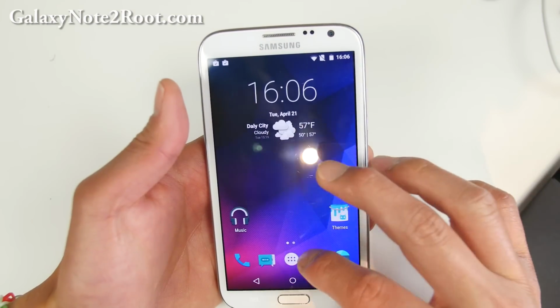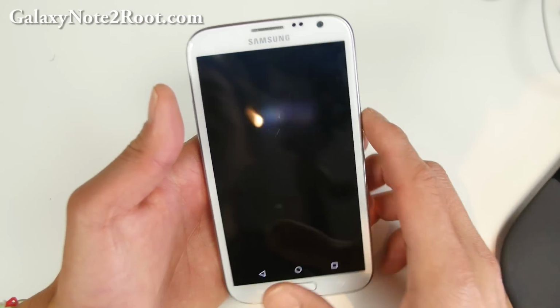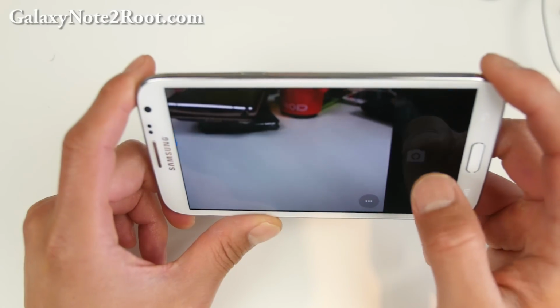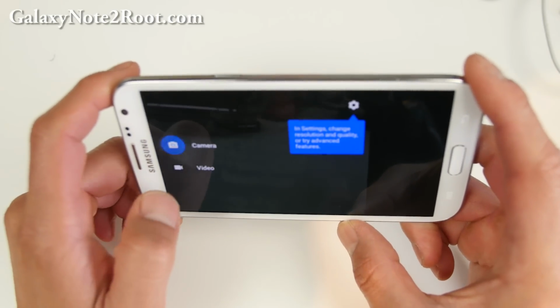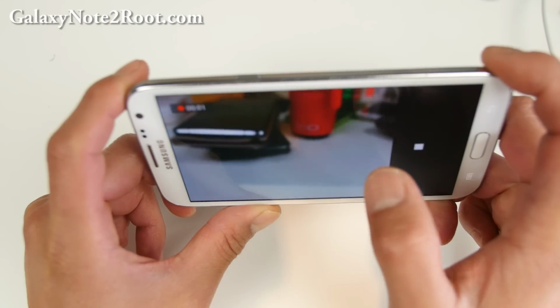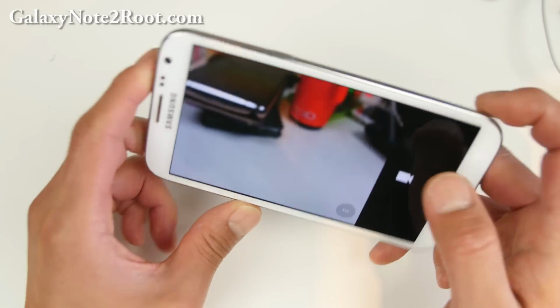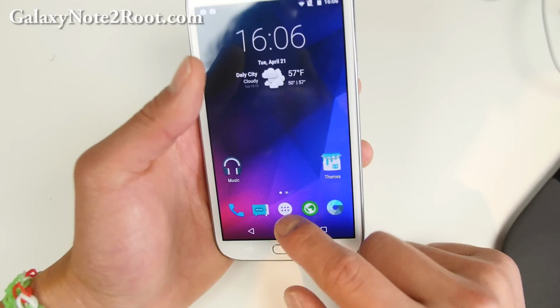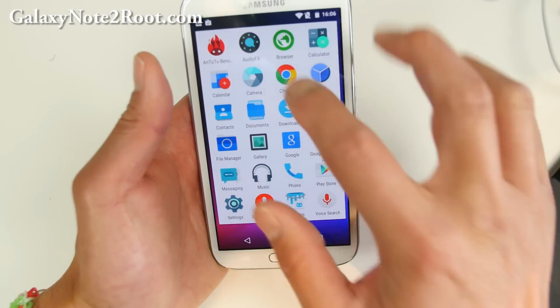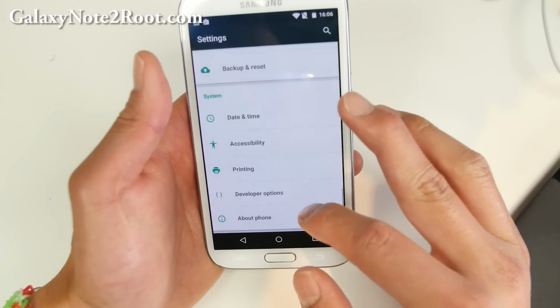Everything works out of the box, a pretty solid ROM. Also, your camera works out of the box, which is really nice. So you won't have any problems with the camera. Everything I've tested so far is working really good. And also this ROM is being updated very often. So very nice stuff. You'll get all of the latest CM12 stuff, CyanogenMod stuff, including audio effects, the themes and